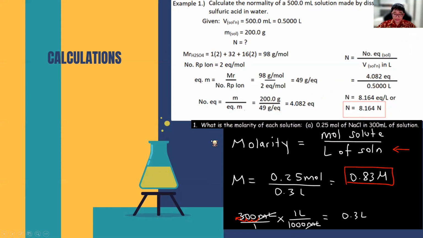For the molarity, it is asked what is the molarity of each solution. For this solution, 0.25 mole of sodium chloride in 300 milliliters of solution. Molarity is the number of moles of solute over the volume of solution. For molarity, M will be equal to 0.25 over 0.3 liters, because it needs to be in liters, which we will get 0.83